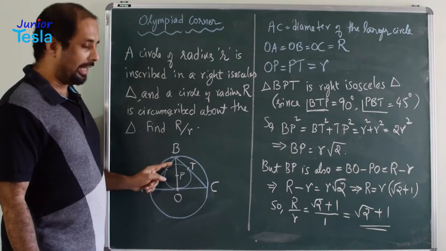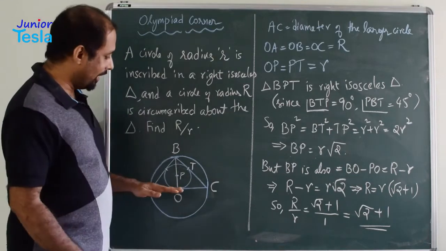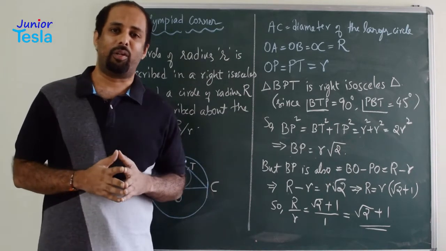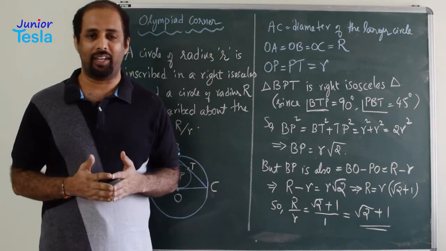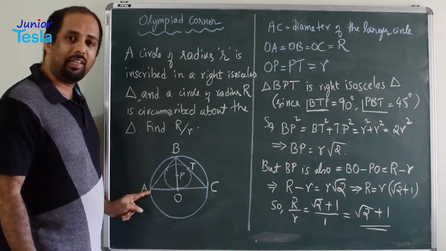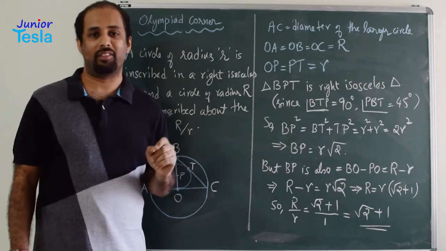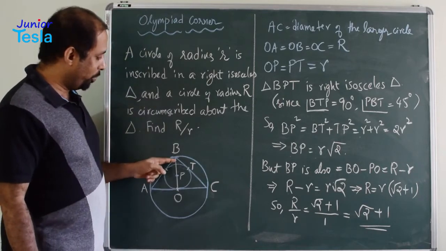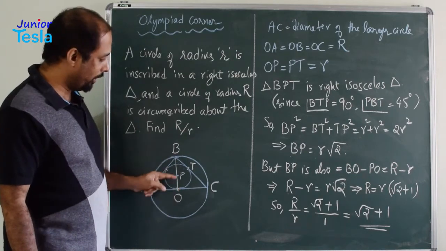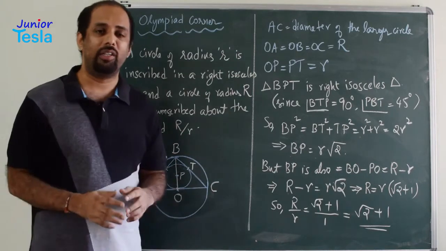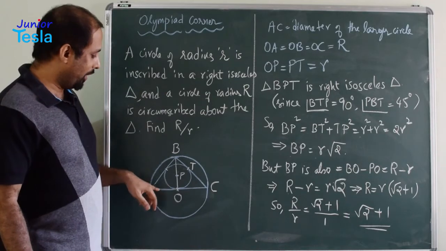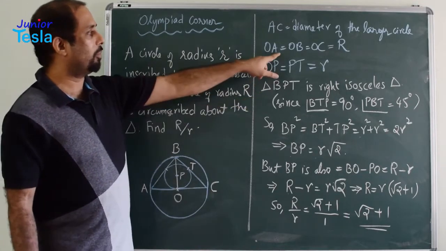Now since it is the right angle triangle, we can say that the base of the triangle and the diameter of the larger circle are the same, because the angle in a semicircle is always a right angle, right? So if you have drawn the triangle, the base of the triangle AC is also the diameter of the larger circle. Then we have taken OB, we have connected the point B to the center of the circle O. So BO, AO and OC, all the three line segments are equal. They are the radii of the larger circle, capital R. So OB equal to OA equal to OC equal to capital R.